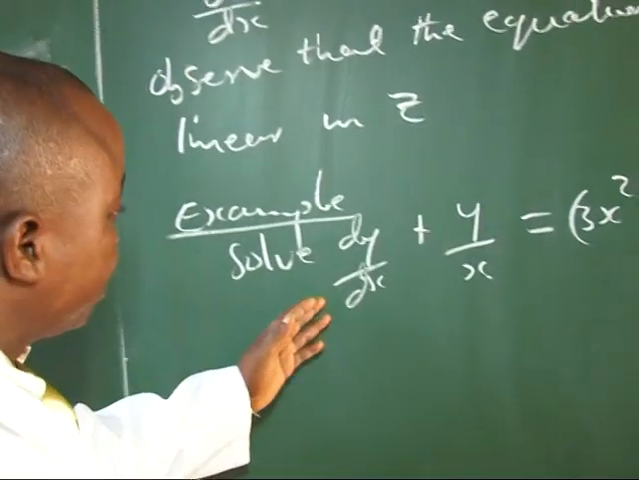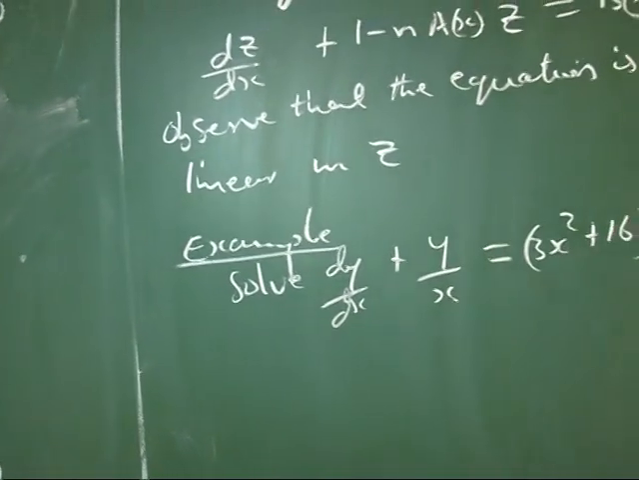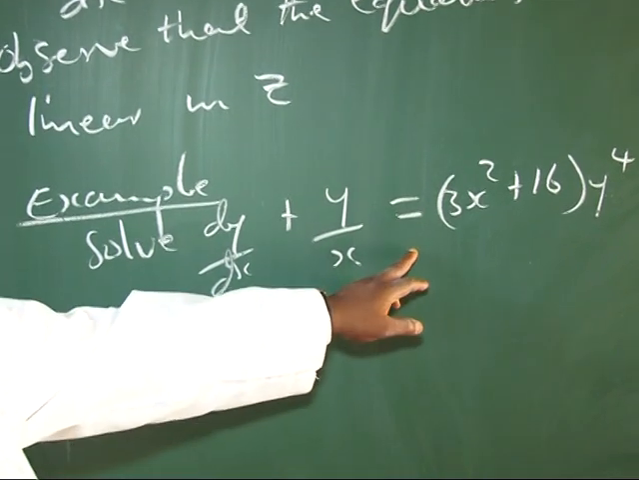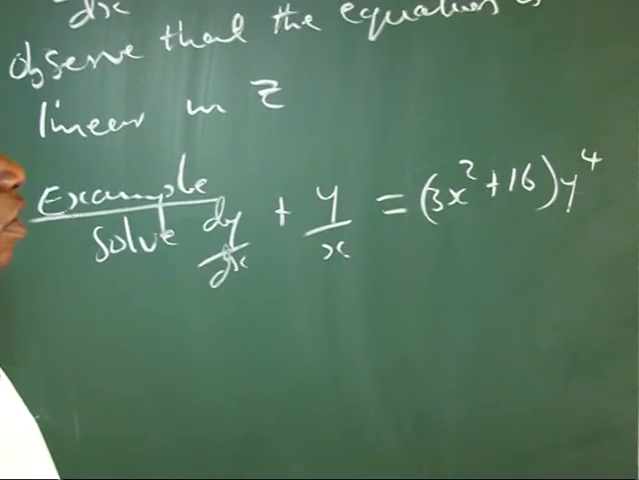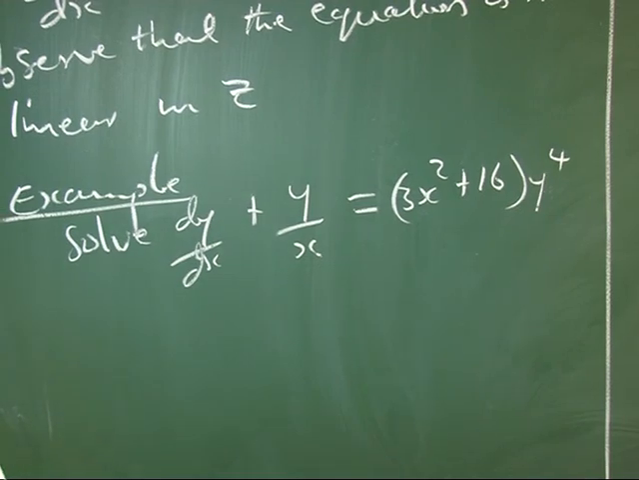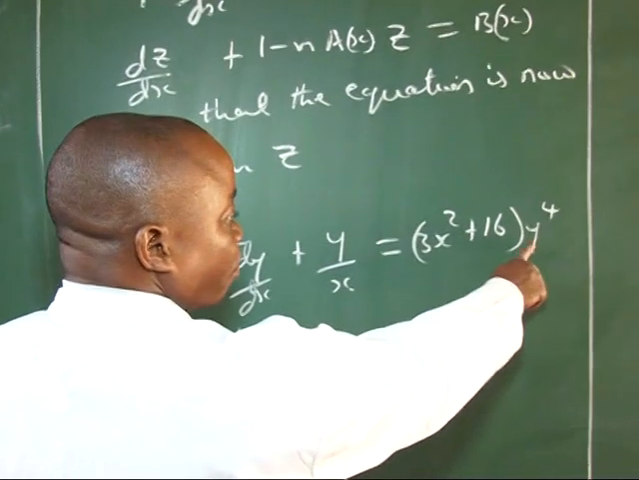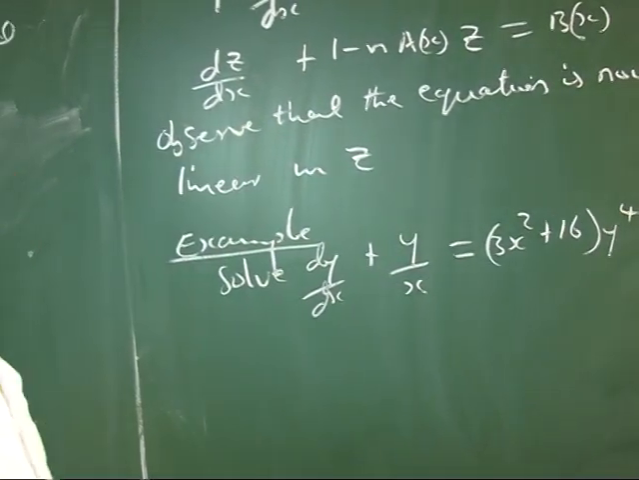So let's look at this example. We are asked to solve dy/dx + y/x = 3x² + 16y⁴. Now this equation is Bernoulli's equation because of y raised to the power 4. And so,